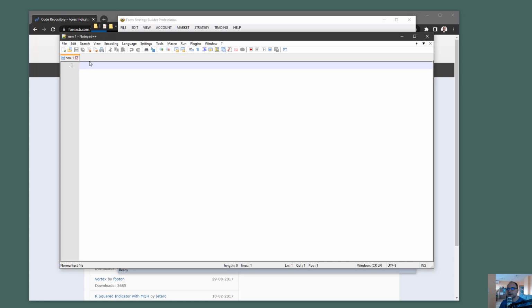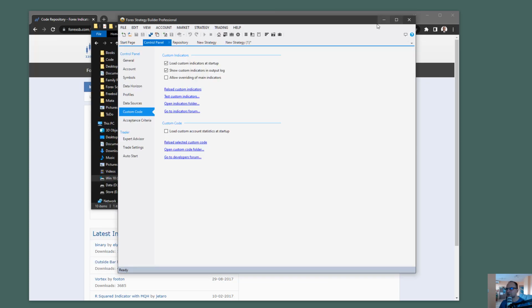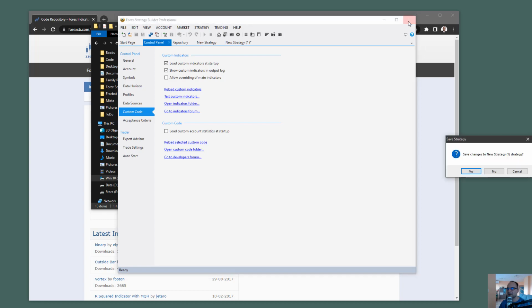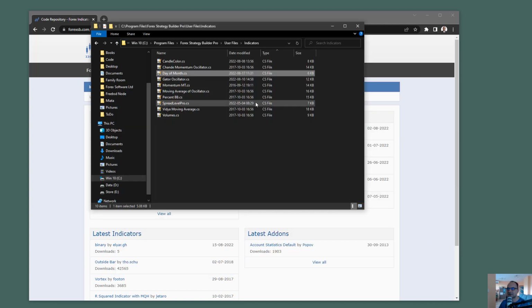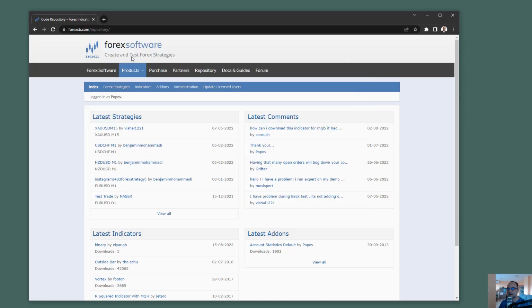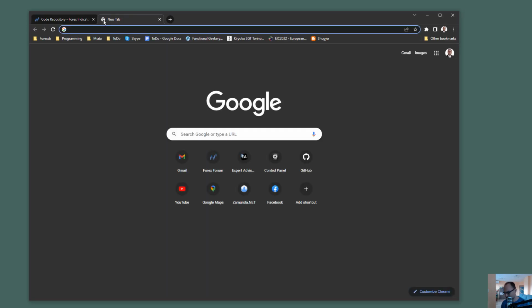But if you go a little bit deeper, you can use the provided source code for testing the indicators, and this is more suitable for programmers. I will close these things. And if you go to the repository, GitHub,